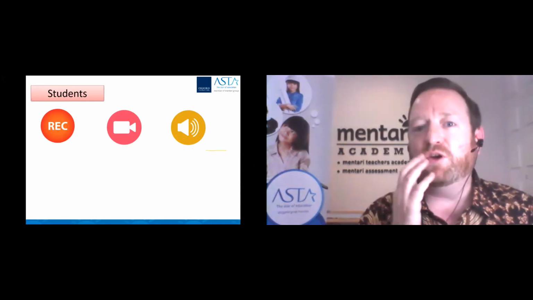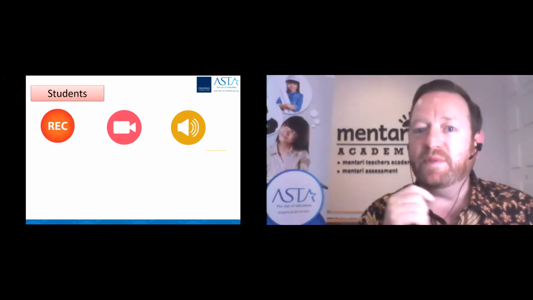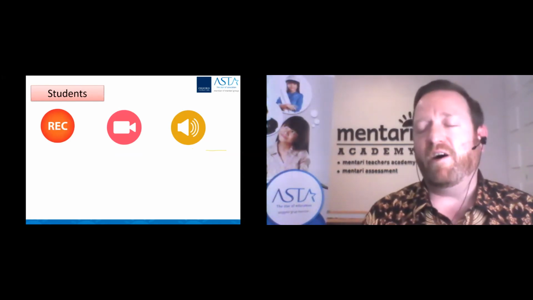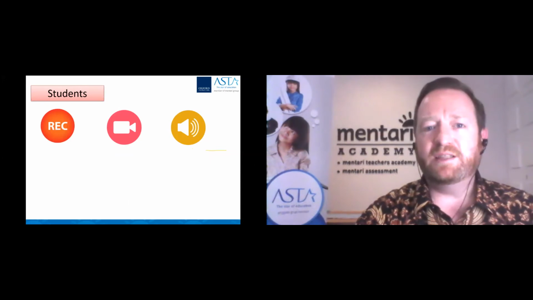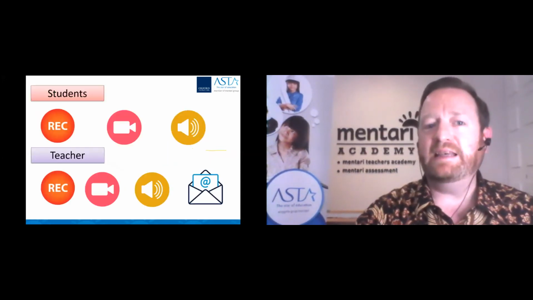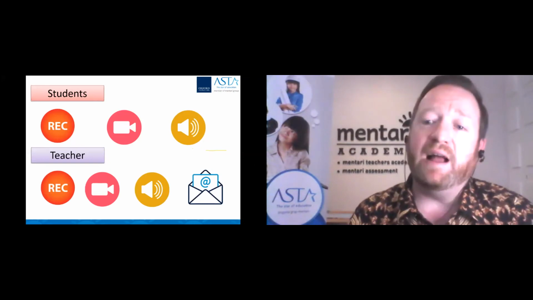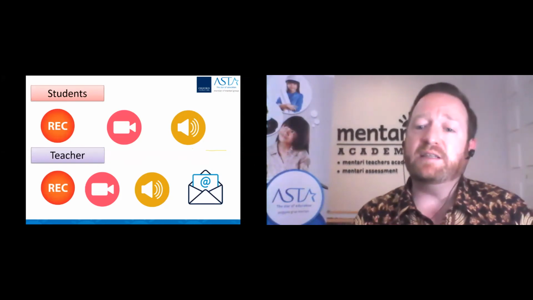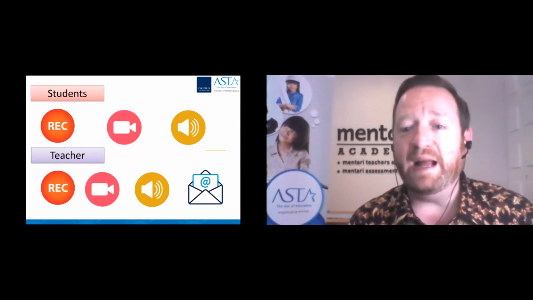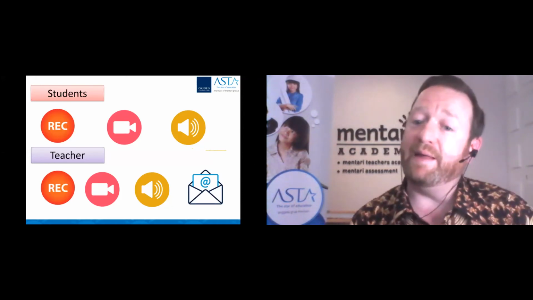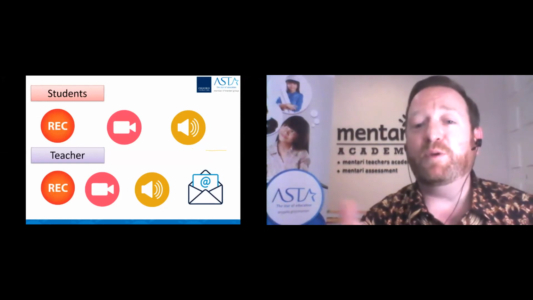So students can record the Zoom breakout room, or they can record the Google Meeting. This is for higher level. So teachers can give feedback then. And as a teacher, you can also give your feedback via video. You don't have to necessarily type your feedback. You can record your video as a way to give them feedback about their speaking, or email with the rubric